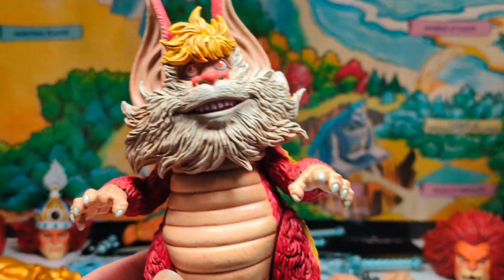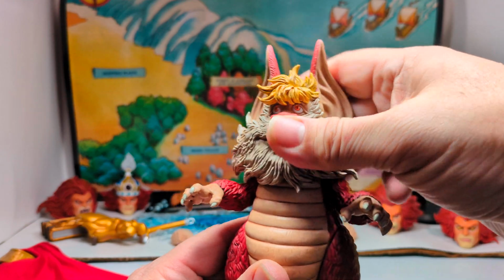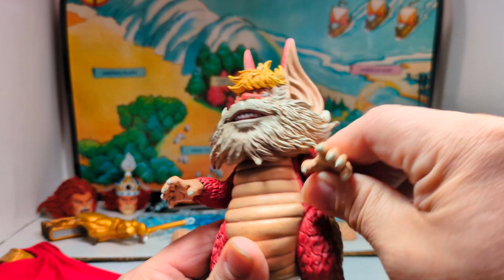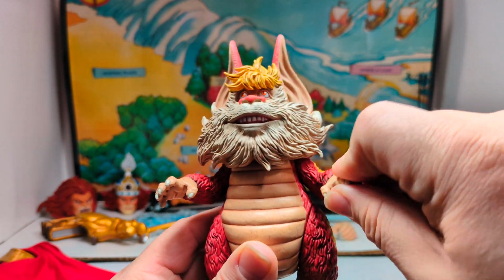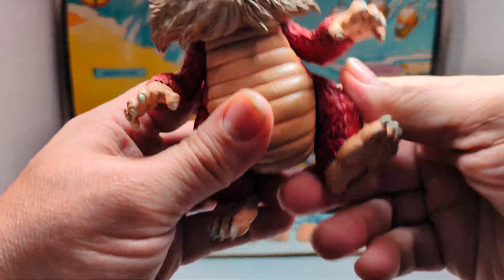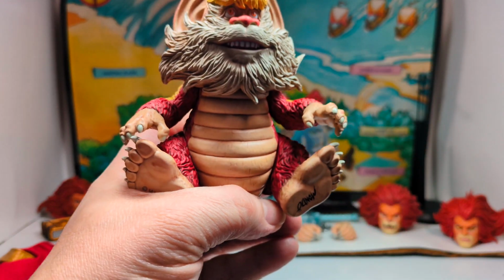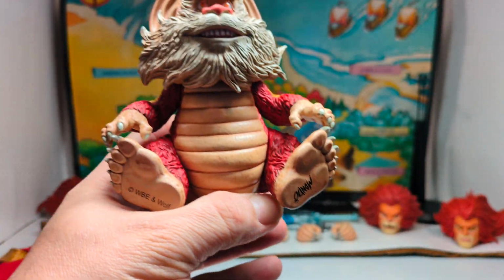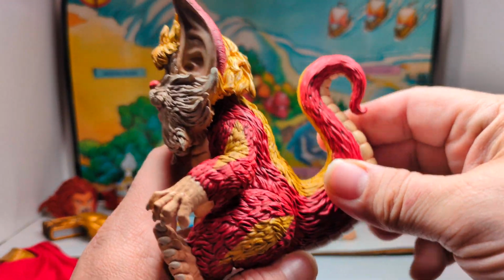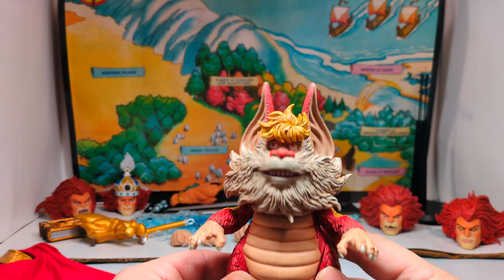And the nice thing is that Snarf is somewhat articulated, so his head moves up and down, left and right, even swivels side to side. His hands go up and down. His hands themselves don't move, but his arms go up and down, and his feet kick up and down, so you can put him in his classic sitting down position that he does, that he holds his toes like so. And then the tail doesn't move, but it's okay because at least he has, you know, 5 points of articulation,